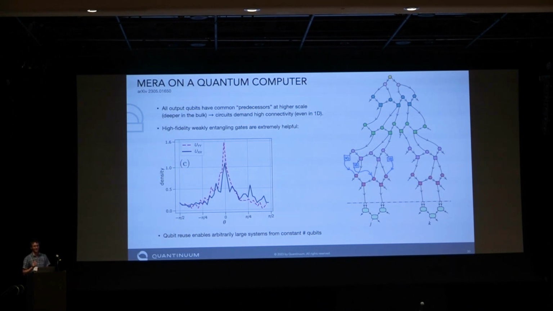The few points I want to make here are really just where the capabilities that we have in this kind of architecture come in when actually trying to implement this. I'll skip over a couple and just make a point of the most prominent. The first is that if you look at these optimized tensor networks, they often have pretty small gate angles. You can look at the distribution of gate angles in that circuit I showed you and see that it's very peaky around 0 angles. So the fact that we have improving fidelity at a smaller gate angle is actually a big benefit for implementing